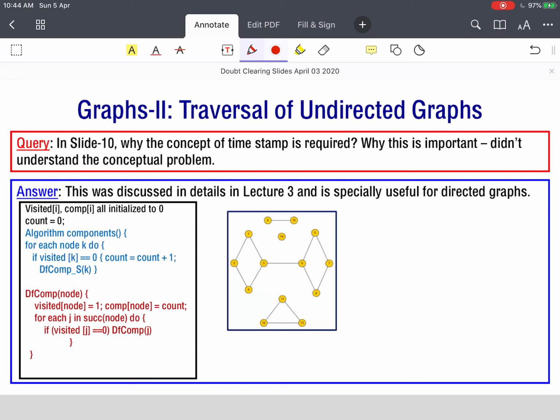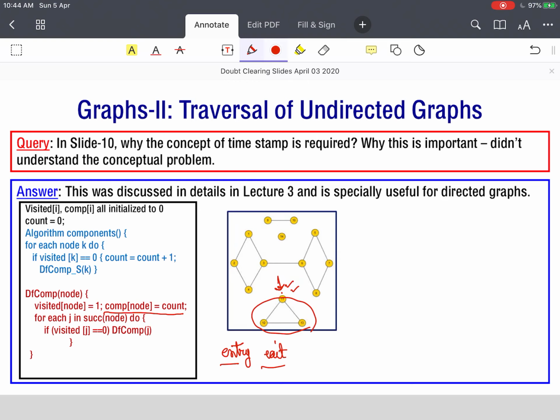The concept of timestamp, you have asked, why is the concept of timestamp required? In undirected graphs, timestamp is not so important because all we used it for is to find the component number. So for example, when you enter this node and you come out of this whole component, you will see that there are two timestamps you can have, the entry timestamp